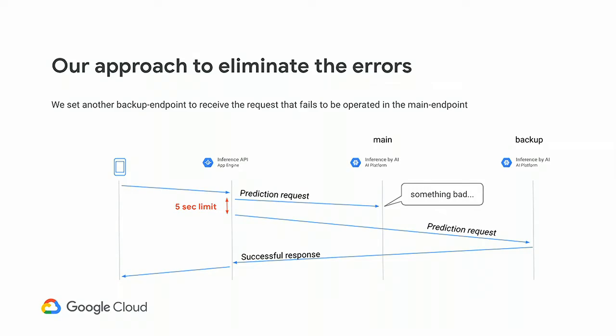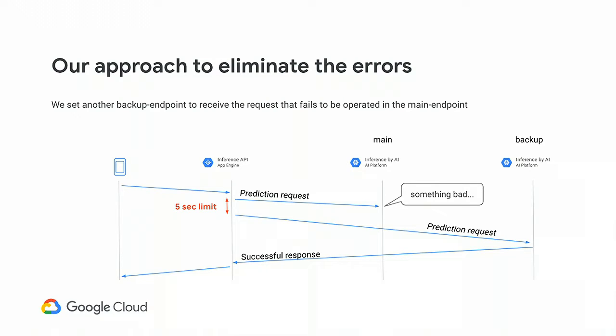Let's take a look at how we tackled removing the errors. When the error returns within the time, we can simply send the request back again to the API. But in the case of a timeout, the system cannot send it again because the timeout error is not returned. Therefore, when the inference API server does not receive the response within 5 seconds, the request is sent to the API again because something bad has happened in the inference.